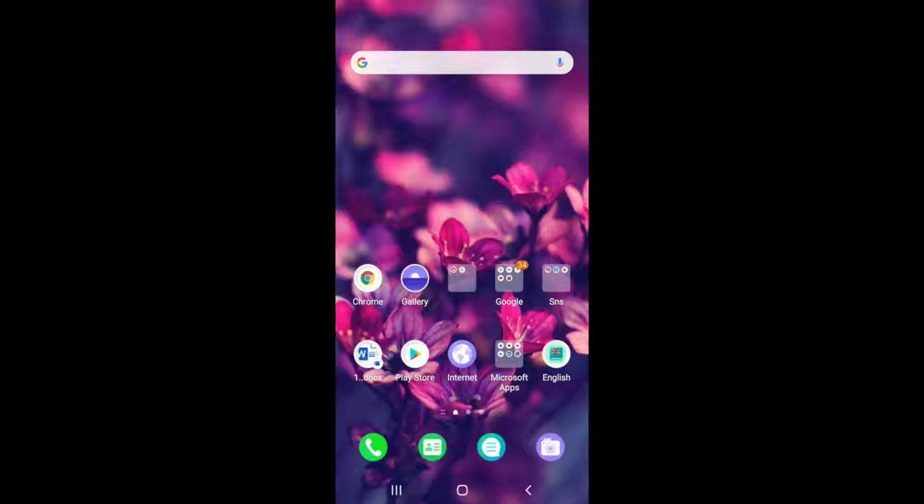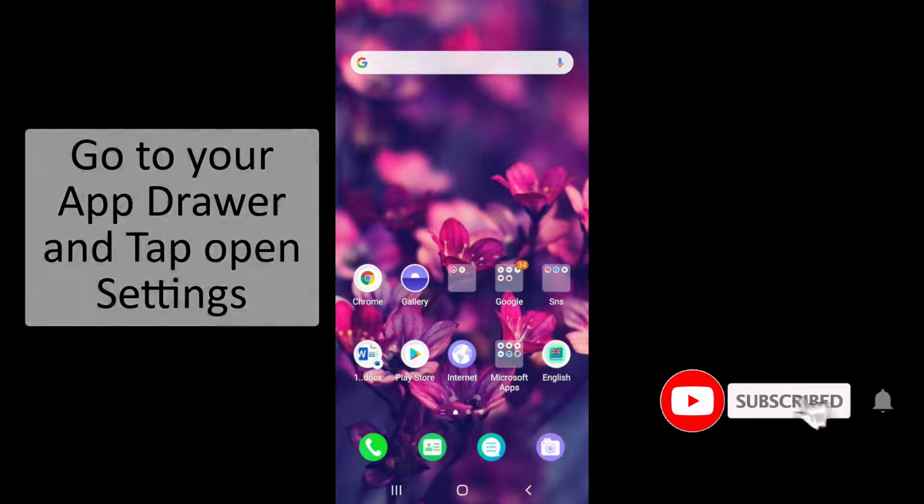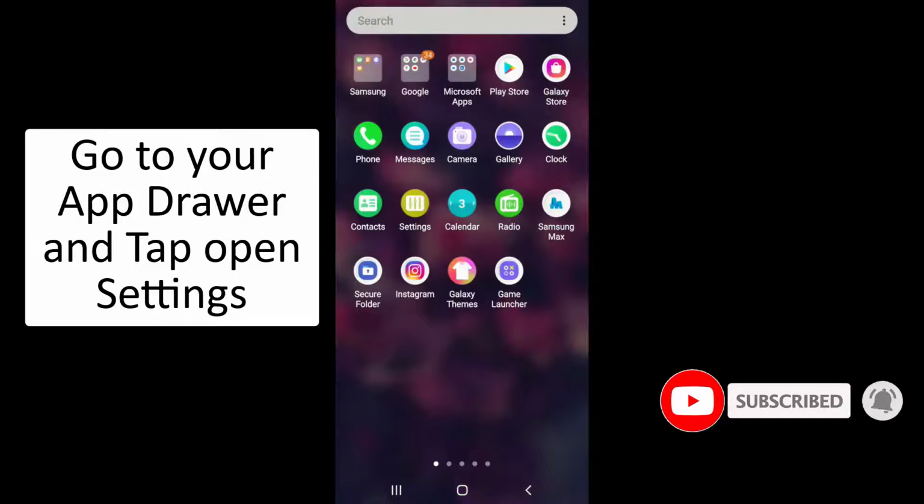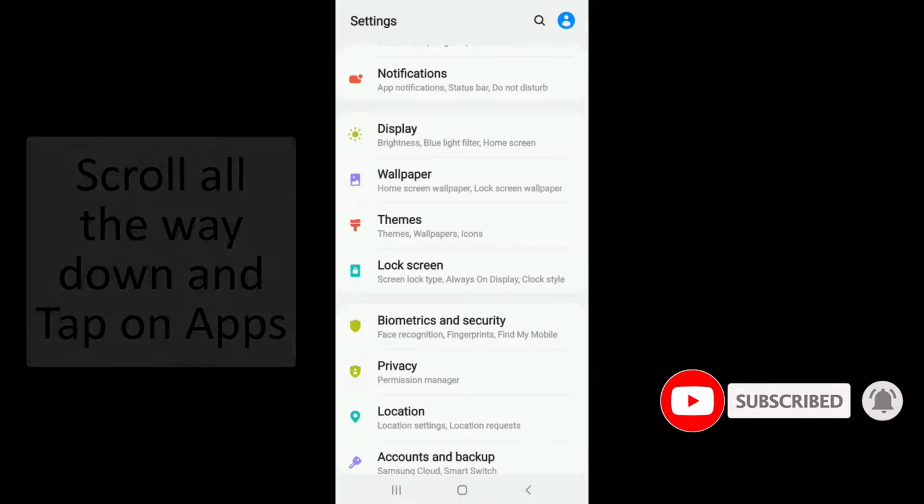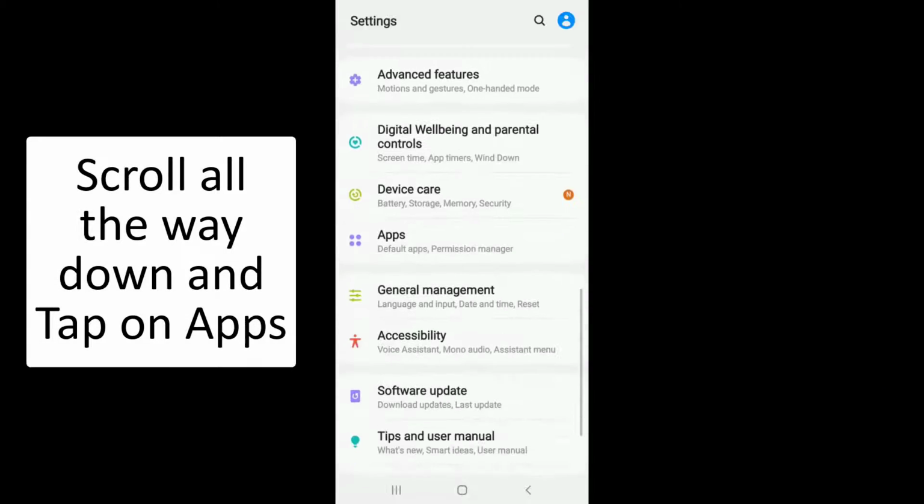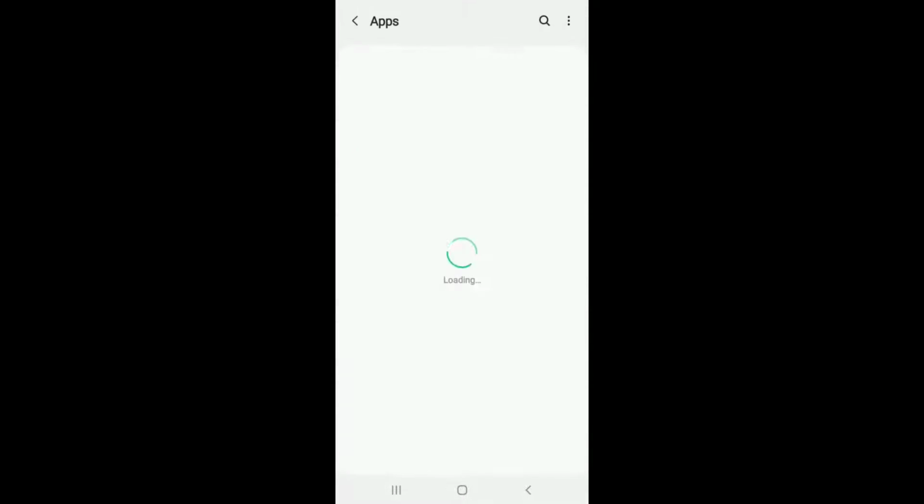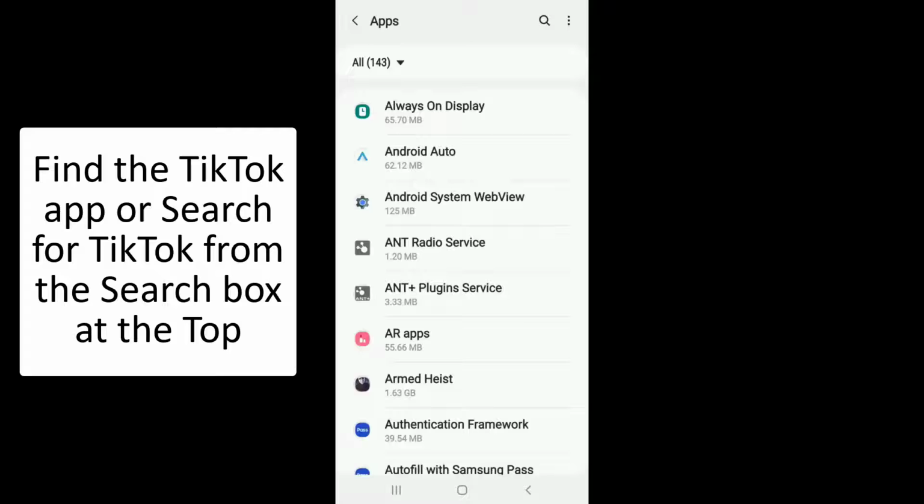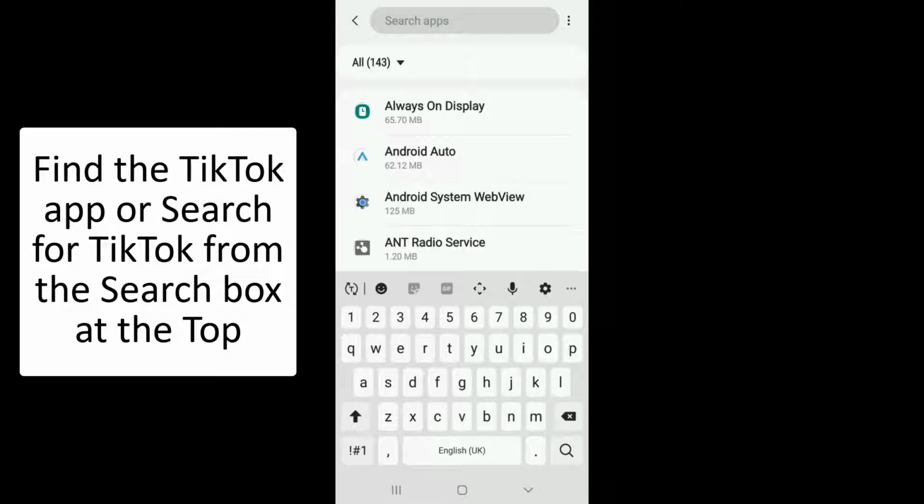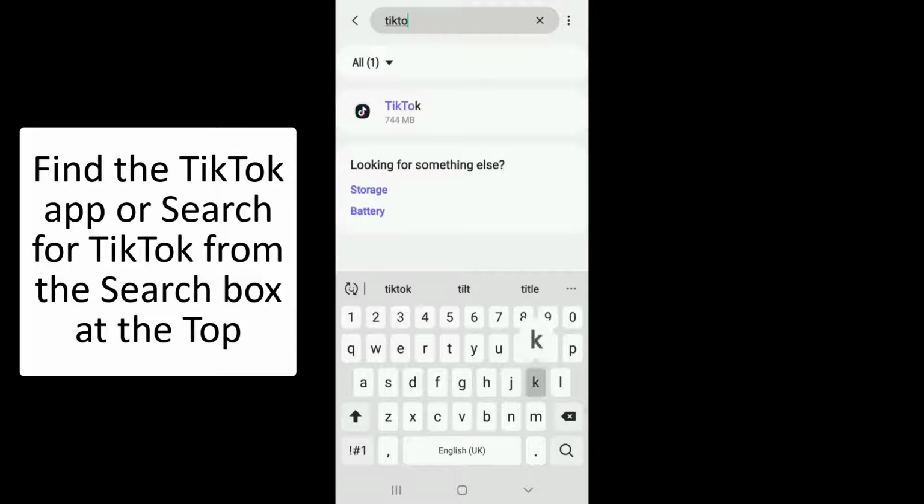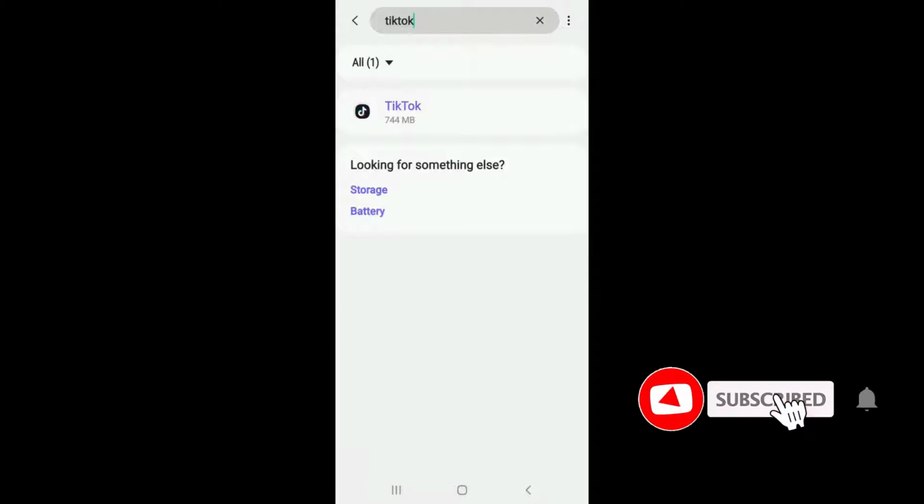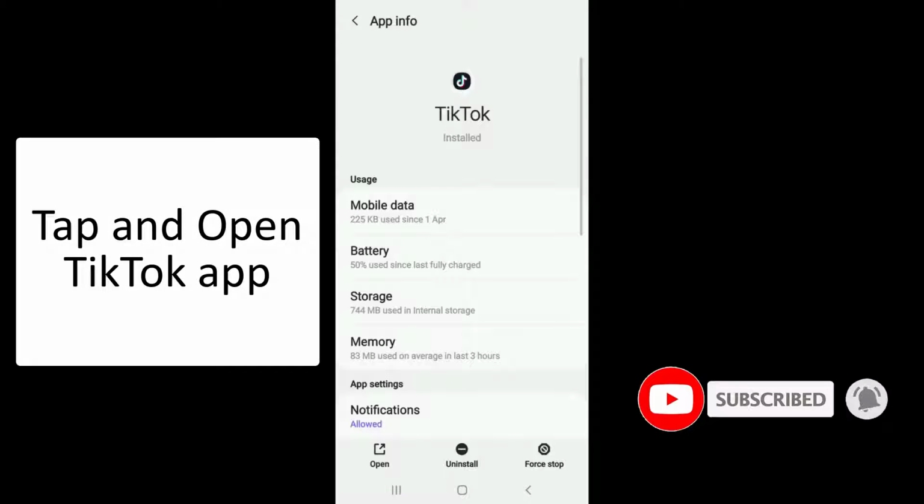Another fix you can try out is to force restart the app. In order to force restart the app, go to your app drawer and tap open the settings on your phone. Once you do that, scroll all the way down and tap on apps under settings. Now, find the TikTok application from the list, or you can simply search for TikTok in the search box at the top. Once you find the app, tap it open and locate the force stop button